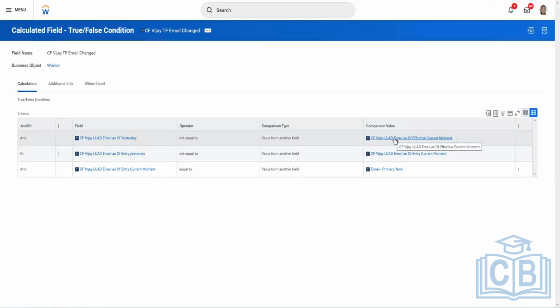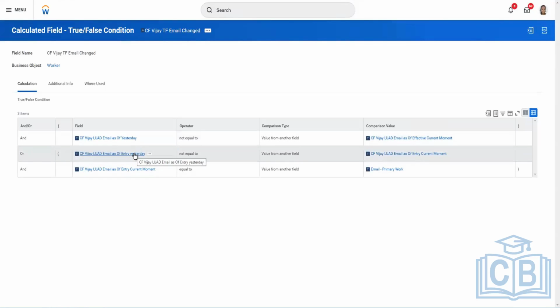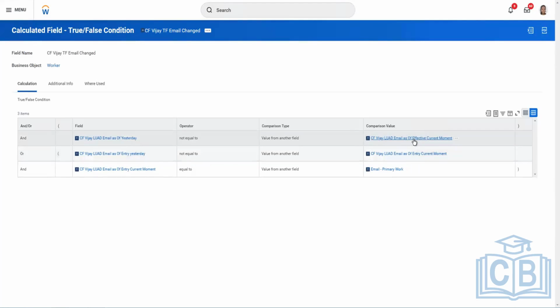Third is this. And fourth is this. So you need to create, not even 4, you have 5. This is entry moment, current moment, then effective and to effective. So in total 5 calculated fields you have to create